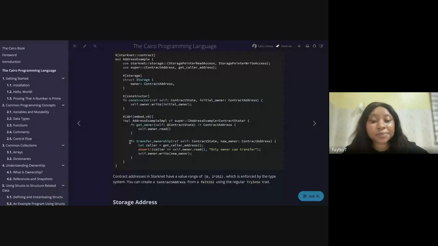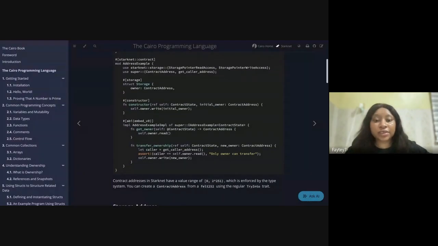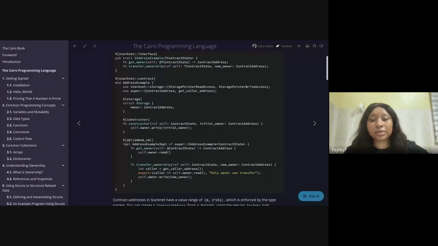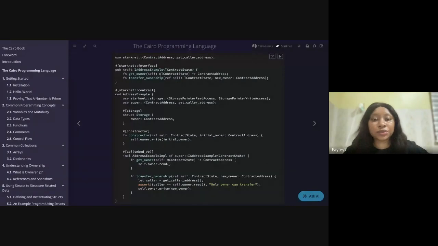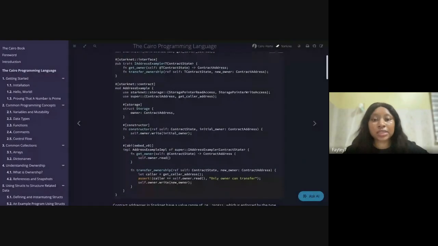Mind you, this is gated, so only the current owner of the contract has the ability to transfer the ownership of the contract to a new owner. So I'm going to check if you have questions or confusions, and if not,